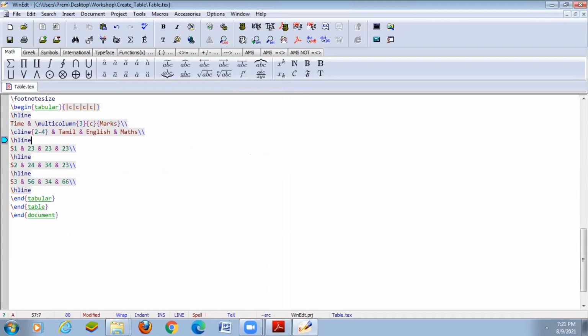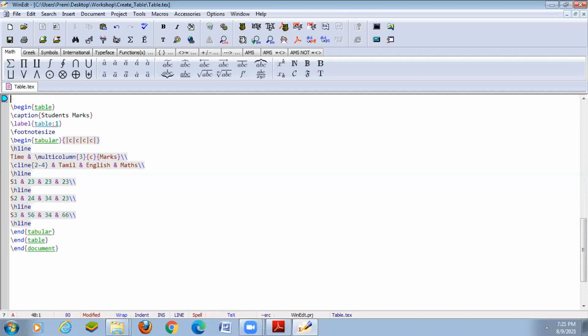If you want the line, you can use \hline. Okay. Suppose the table is printed in the center, we can just use center for the table. Okay. At the beginning of the table, you can use \begin{center}, and at the end of that you can use \end{center}.